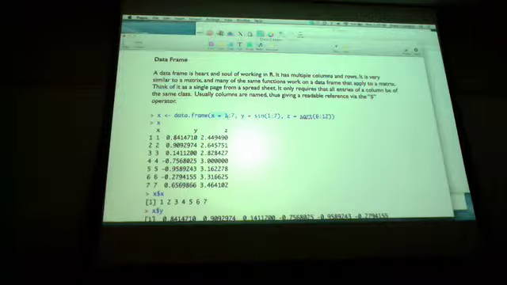and column X is going to be equal to, and on this one, see, I'm using, this is an assignment. This is passing it as a parameter into the function. This is the difference between the arrow and the equal sign that I was talking about. The assignment operator won't work here, but the equals does, because that's the other meaning of equals. So I'm saying in this frame, this is a named parameter, x, and x is going to take these values, and y is going to be the sine of x, and z is going to be the square root of x. So I can construct this data frame now,